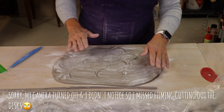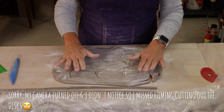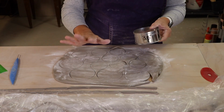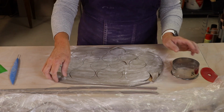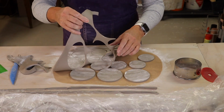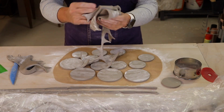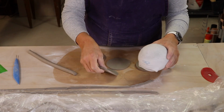Sorry about that, my camera stopped recording, so I don't know how much that got. So anyways, I used my 3.5 inch. I cut out my 4 for my salad servers, and then I cut 2, 4, 6, 8, 10 for my spoons. I'm going to save this clay for later. I have to roll out a slightly thicker slab for these guys, but I'm going to work on the salad servers first. I'm going to begin